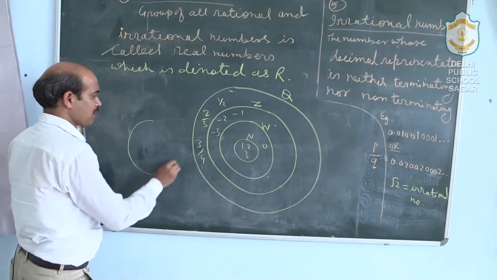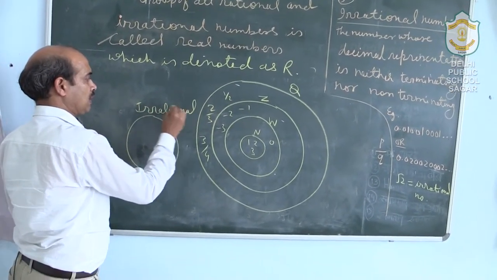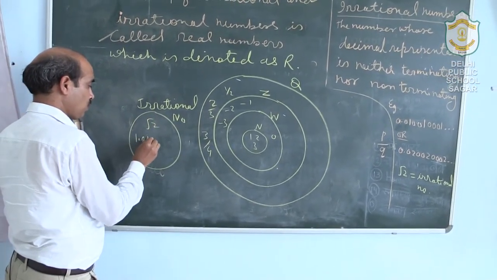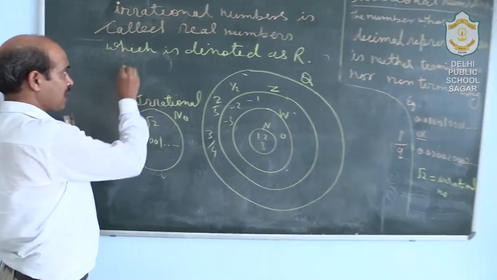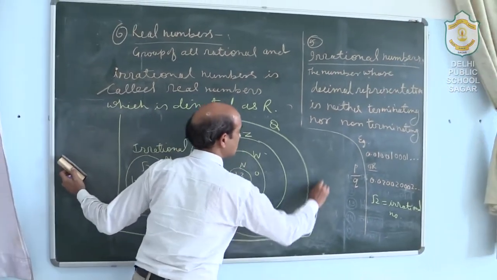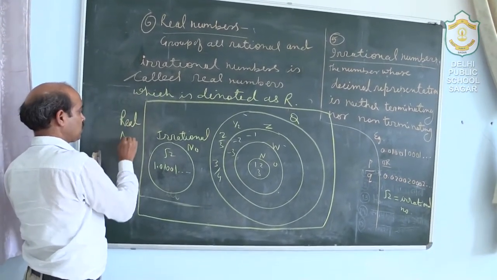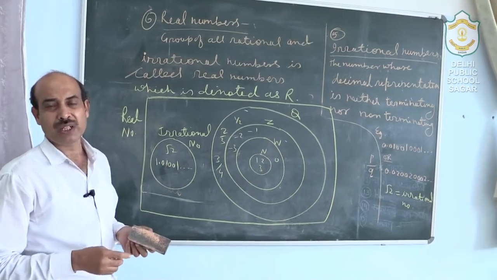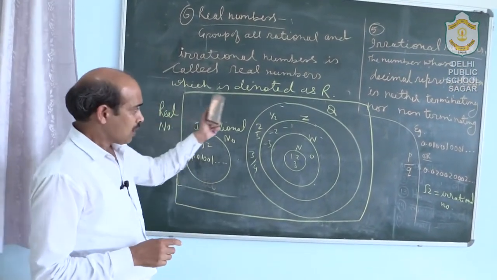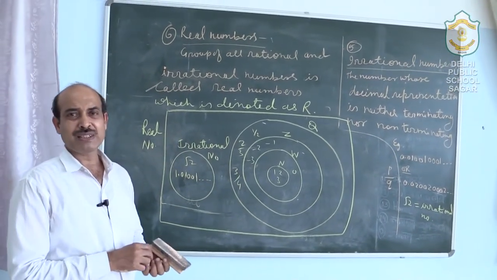And the irrational numbers are different. That is root 2, 1.01, 001, and combinedly this is known as real number. That is real number. So that is the entire topic, what number system is all about. You can learn all these things by this figure. And lastly, one more point is there.